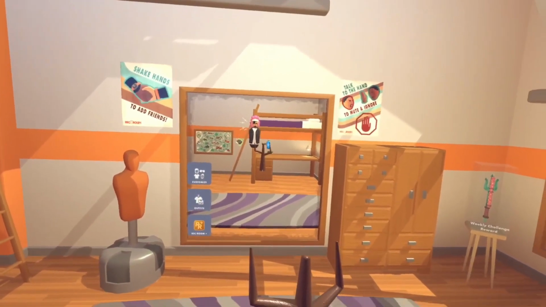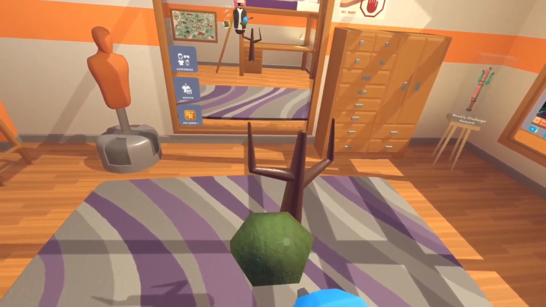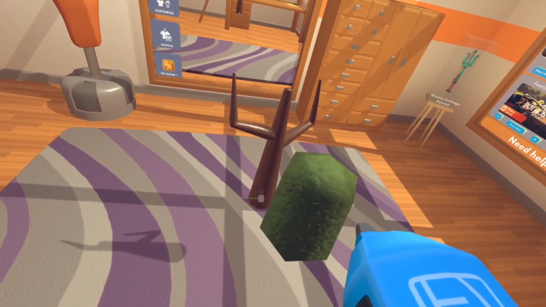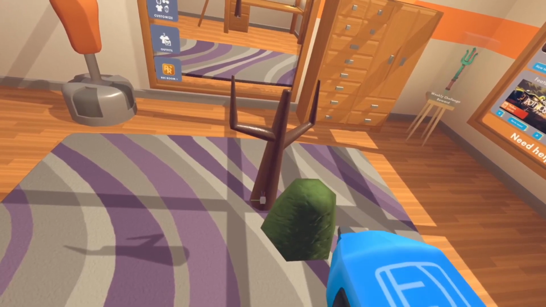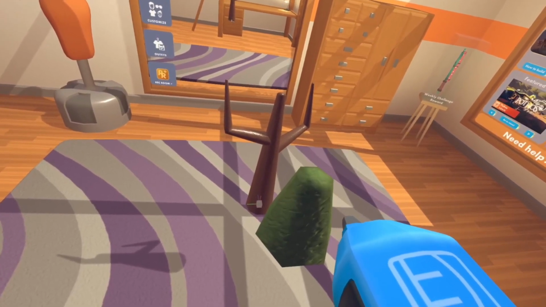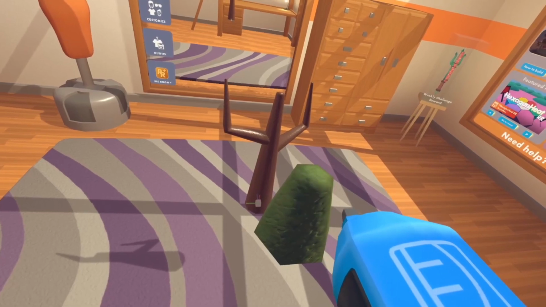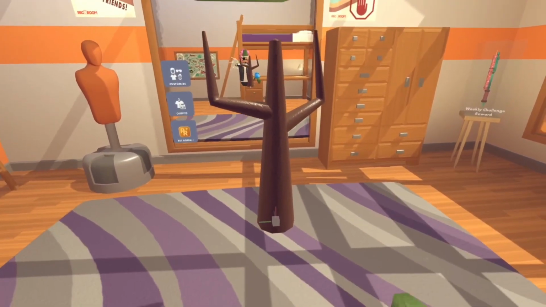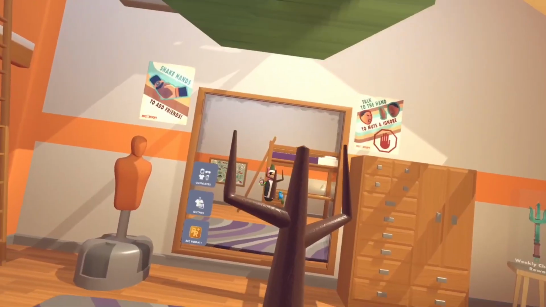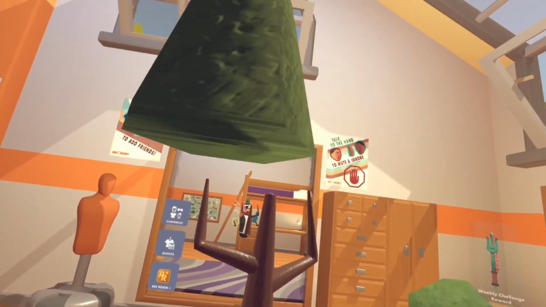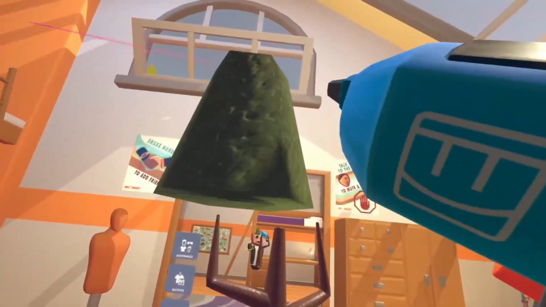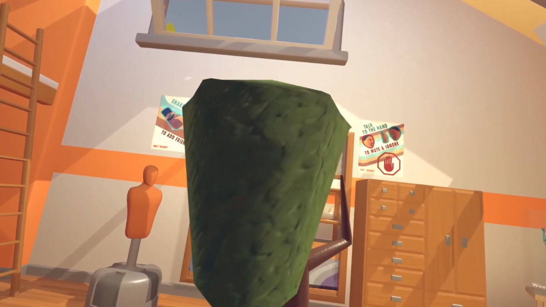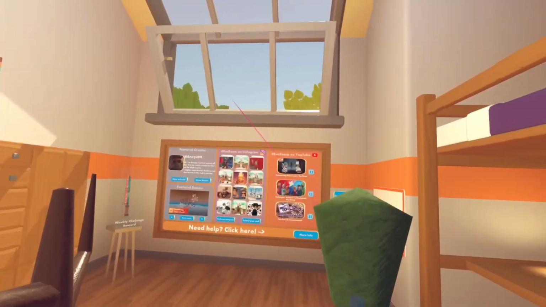So now we're going to do something very similar to what we did with the branches. We're going to start off very hard down here, and then we're just going to start going a bit smaller, like this. Make sure that it goes slightly smaller, but not too small. Now, if you get this glitch right here at the bottom, all you're going to want to do is press manipulate, and literally just manipulate this upside down, and it'll be back to normal,